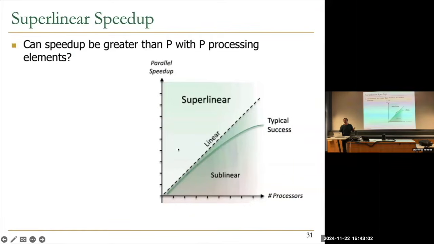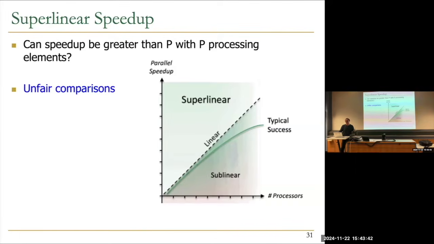Okay, so one way of thinking about this is the graph we've seen before, the speed up graph. You have number of processors on the x-axis, and parallel speed up compared to the single-threaded version on the y-axis. And typically, the curve you get is like this. It goes down, actually. This is not the best curve, unfortunately. Typically, you get sublinear speed up for reasons we've discussed last time, right? Sometimes people get superlinear speed up. And usually that's due to 2 main things. Whenever you see superlinear speed up, you should be extremely wary. Whenever you see linear speed up, you should be extremely wary also. Close to linear speed up also, etc. But it's possible at least.